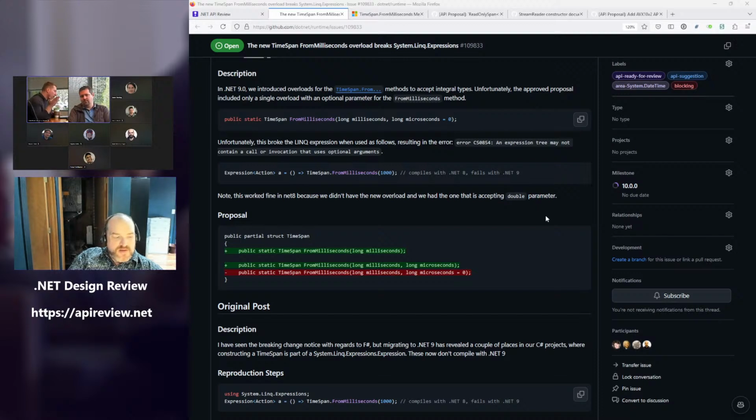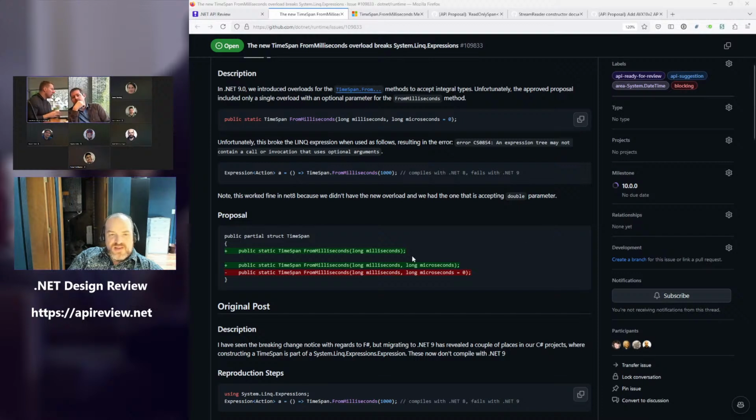I would agree that we would only do it if there is a break. So in that sense, the break itself doesn't matter to me. Any source breaking change would be in the same bucket. I guess I'm opposed to saying, oh, if somebody uses an API in expression trees and there's optionals involved, we give you an overload. The answer to that is a hard no. It would depend on the specifics.